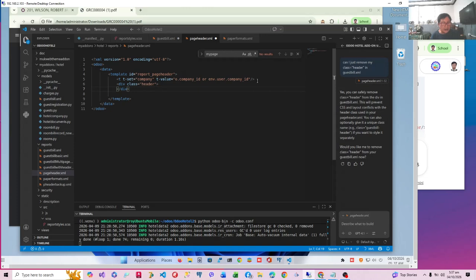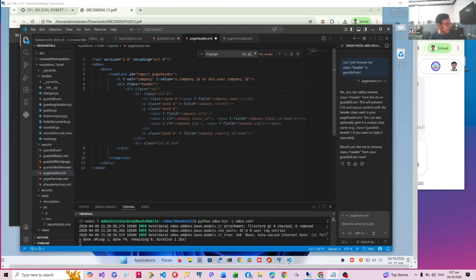Now to make a long story short, this is a div which has three sub divs. Let me just copy all of them, and then explain what they are.